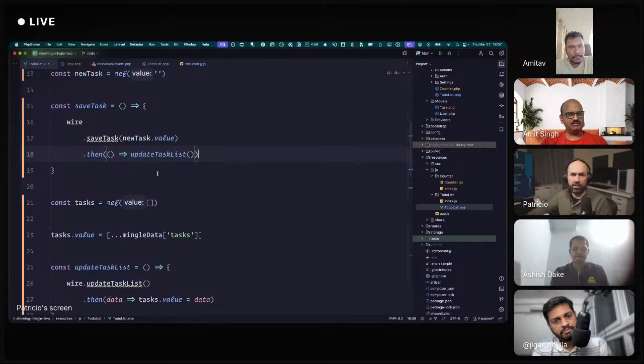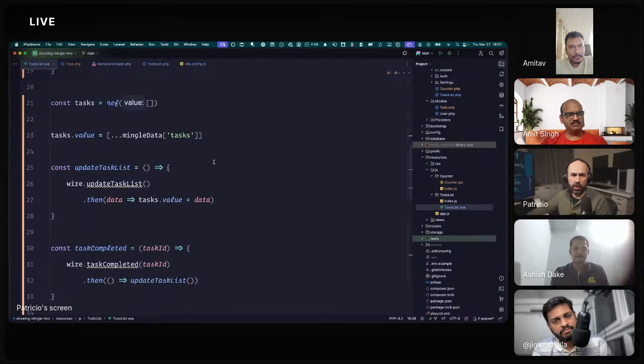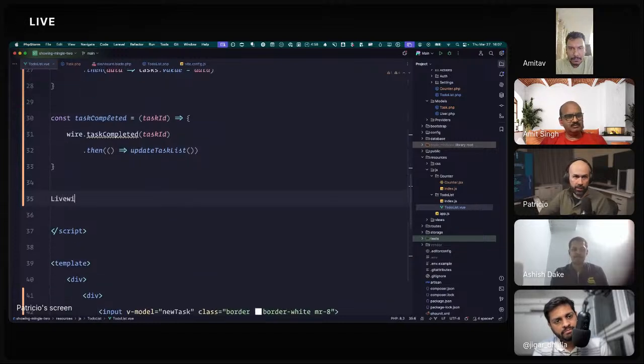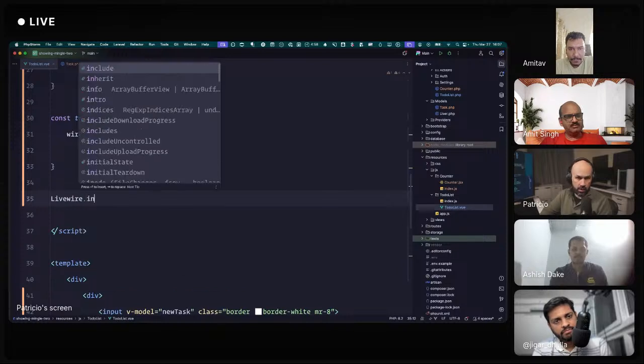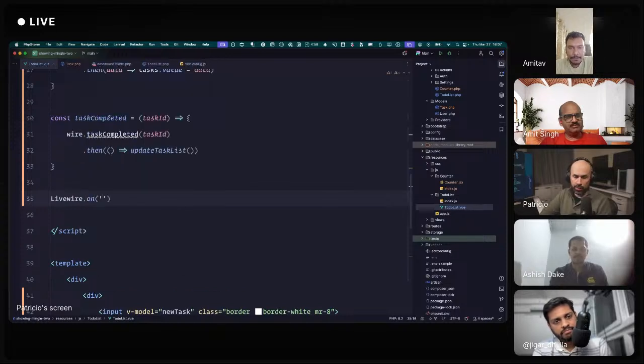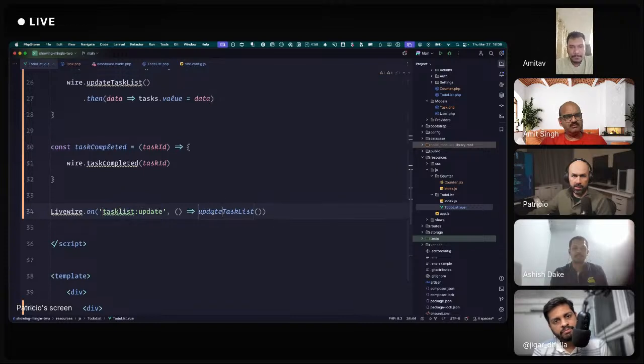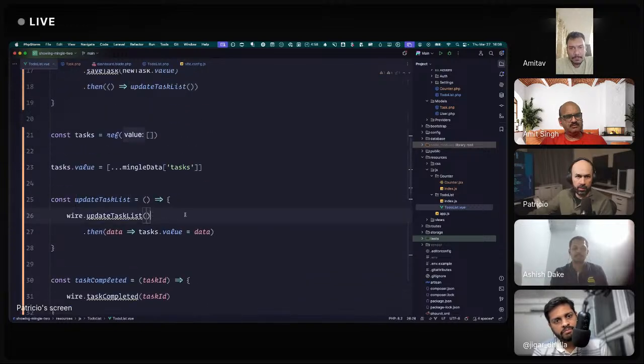We can even have it the other way. Maybe you want to see another way of not repeating. We can, for example, use Livewire on, and we will say task list update. That's it. So every time we emit this event, the task list will update, right?